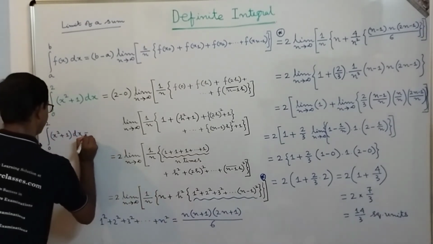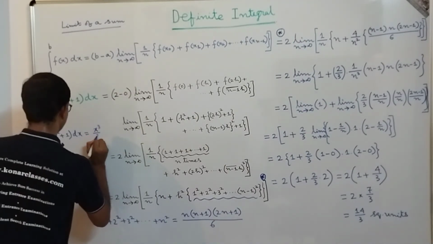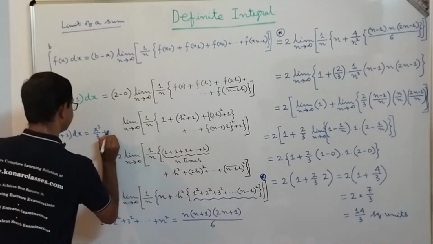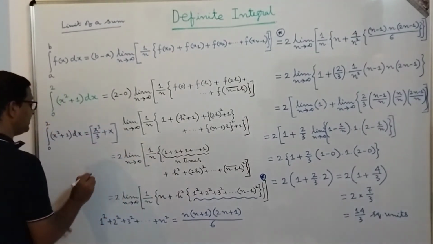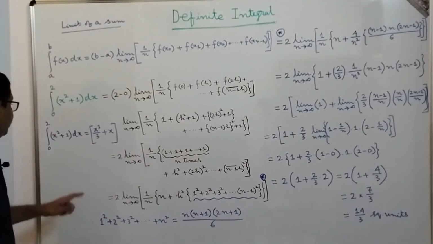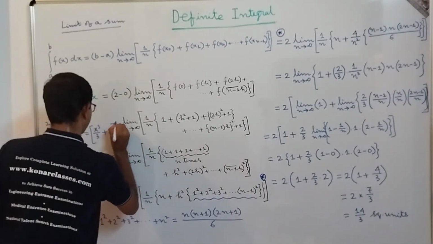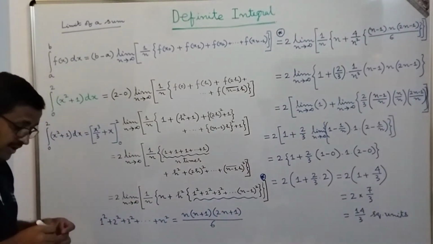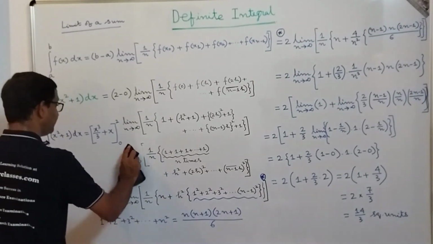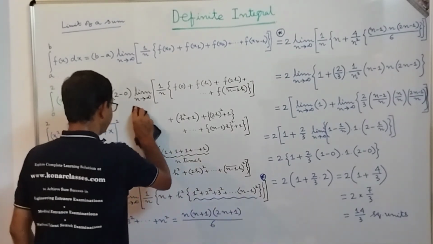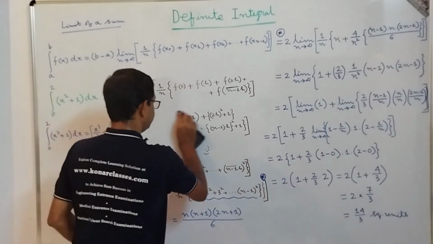So that is equal to integration of x square dx, which will be x cube by 3, plus integration of dx is x. So x cube by 3 plus x is the antiderivative of x square plus 1. And here we write lower limit 0, upper limit 2. As we have learned, that should be equal to the value of this antiderivative at the upper limit minus the value of the antiderivative at the lower limit. So that implies what, dear students?